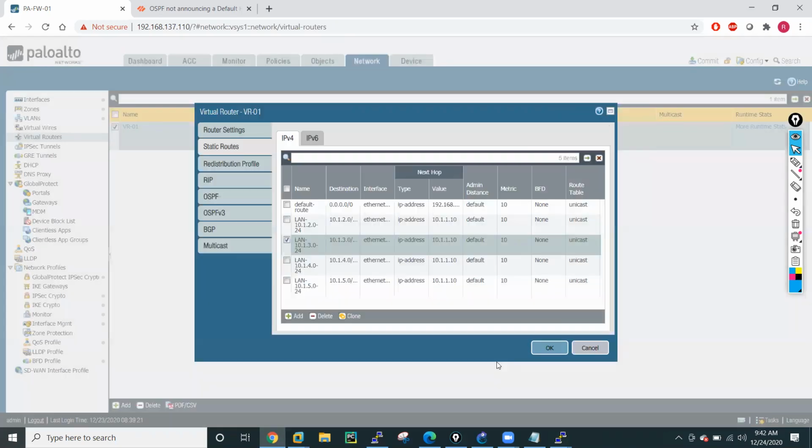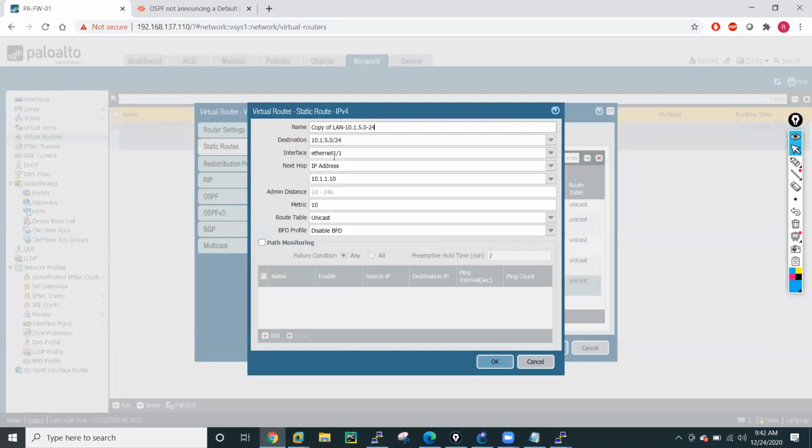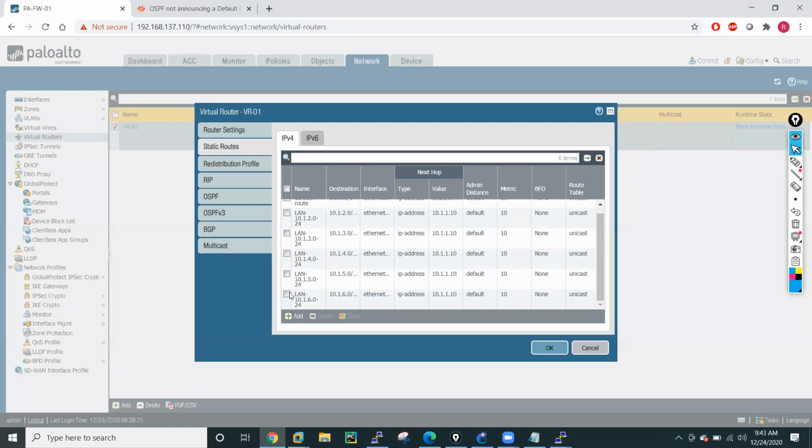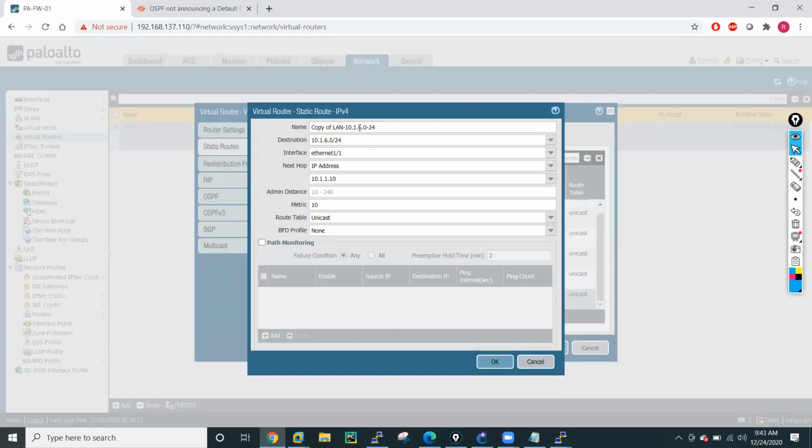Then we will add 6.0. This name should be unique, okay? Two routes will not have the same name, just remember this. Then let me clone this one for 6.0